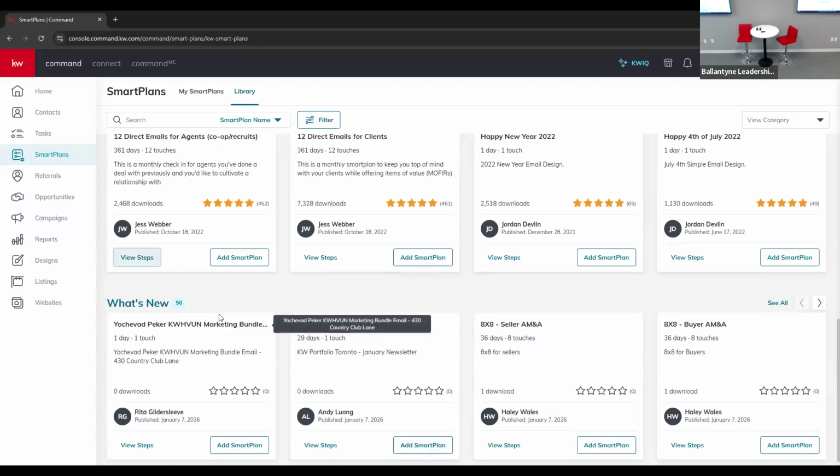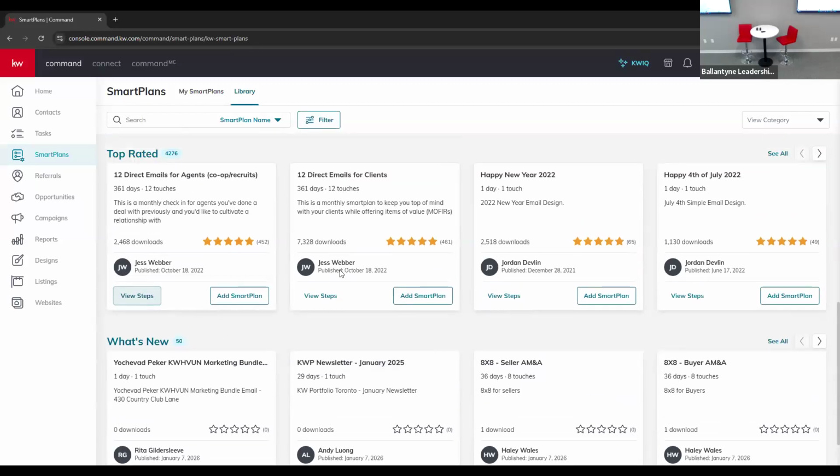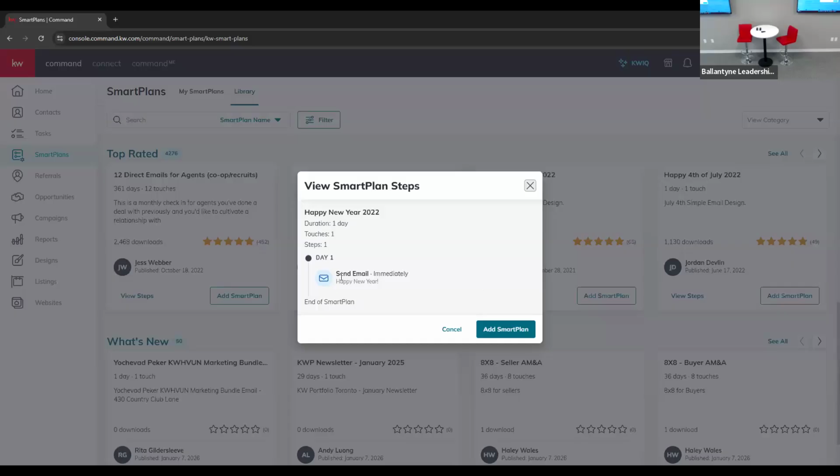That one's a little more complex. Obviously, it's got 12 touches. And see, even here, there's a Happy New Year 2022. So don't just grab things willy-nilly and use them, because if you get them, you can edit them. So if you wanted a 2026 New Year one, you could grab this and change the year potentially. However, I think this might be, you can't know until you add it to your smart plans. Let's add